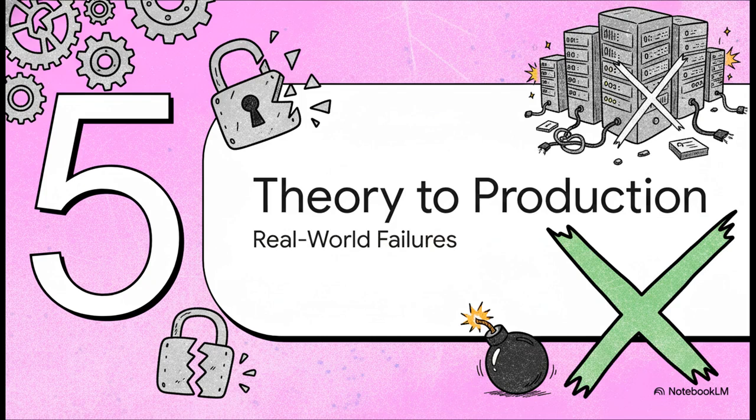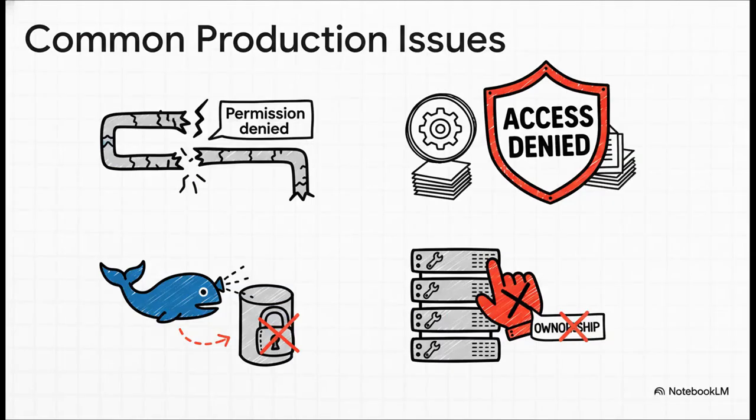We've gone through the theory and we've looked at the tools. Now let's talk about what happens in the real world, in a live production environment, when these seemingly small permission settings go horribly wrong. Oh man, these are the support tickets that give you nightmares. The application won't start because it can't read its own config file. Your entire CI/CD pipeline grinds to a halt with a permission denied error. Your Docker container can't write its data because the volume permissions are messed up.